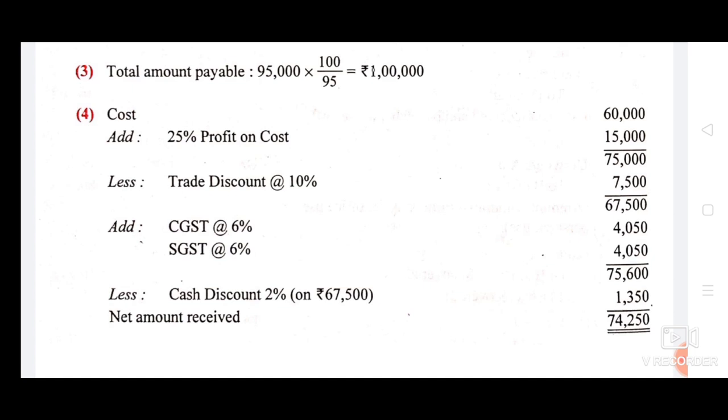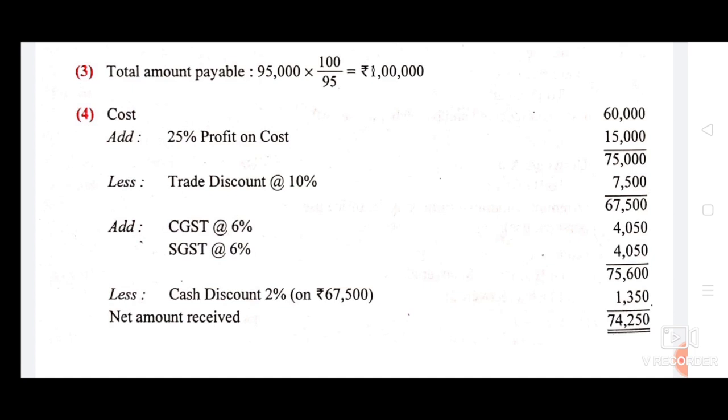Next entry, withdrew from bank rupees 60,000 for office and 20,000 for personal use. No calculation is required. Next entry, received by check for a bad debt return of last year rupees 10,000. It is the entry of bad debts recovered. No calculation is required. And now the calculation is required for the last transaction, that is sold goods costing rupees 60,000 to Kishore. This is the entry of sale against check at a profit of 25% on cost less 10% trade discount. Cost of goods is 60,000.